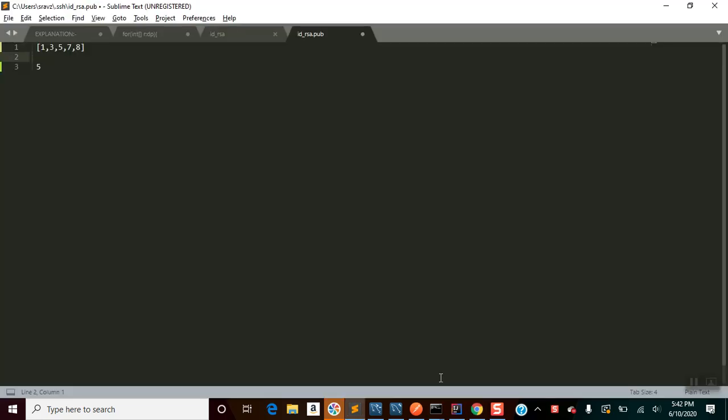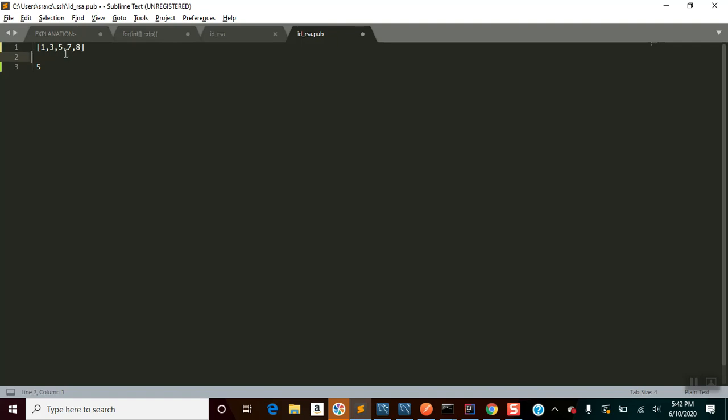So let's look at this example. You are given a sorted array like 1 3 5 7 8, and the first scenario is where you are given a 5, the target value. You have to find out. So the idea here is binary search. It's an easy binary search. What we will do is take a left pointer and a right pointer, and we will take the middle pointer, right? If the mid pointer is equal to the target value, then we will just return that mid pointer, that is the index.